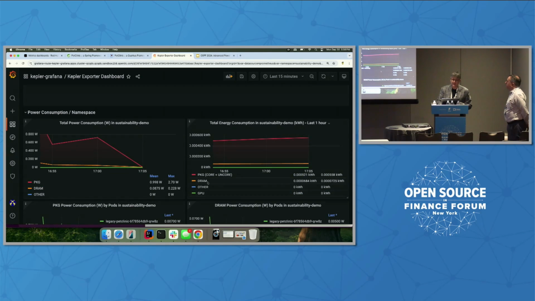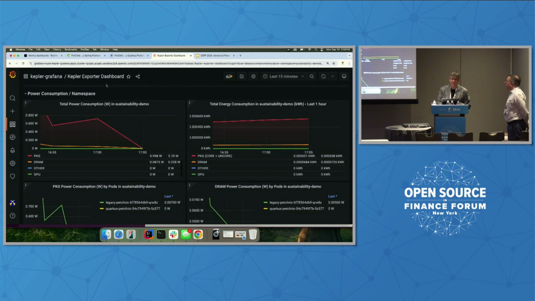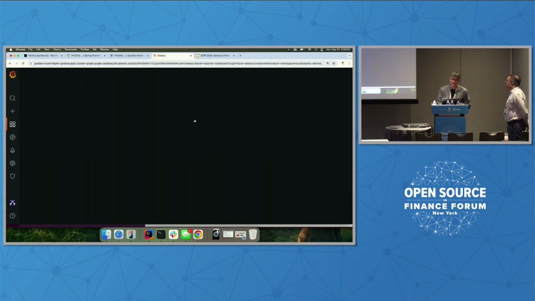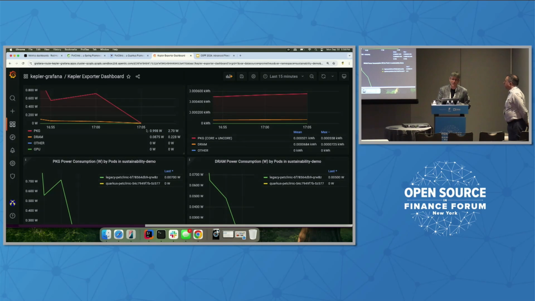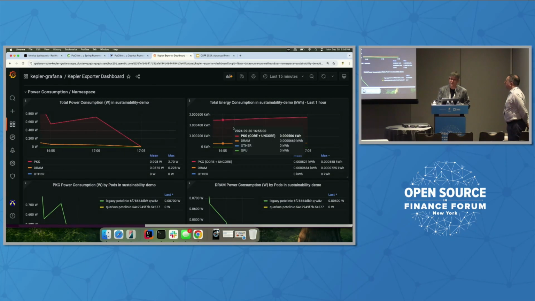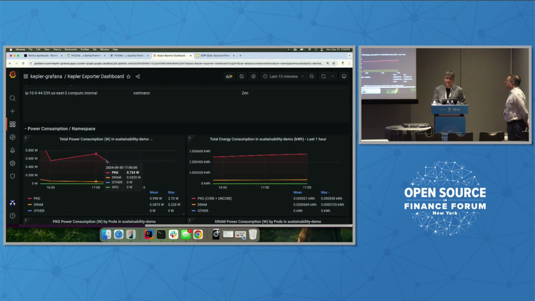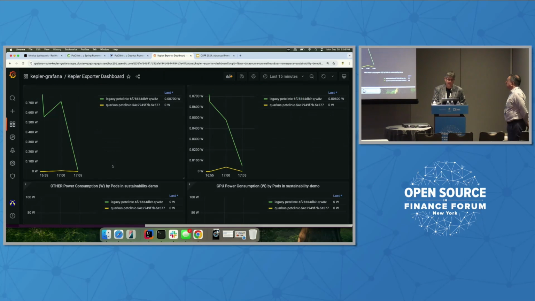Most importantly, and let me refresh this for a moment to get some newer data, it's showing me some measurements over time. So I can see, for example, that at certain points in time, this namespace has started consuming more or less. The applications go under load, more or less.